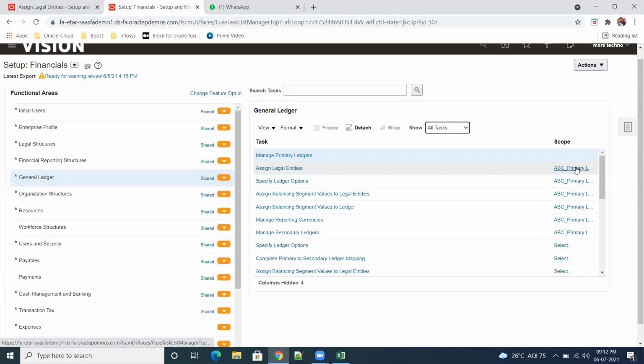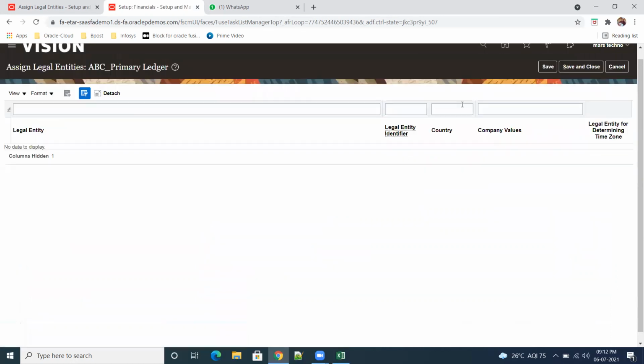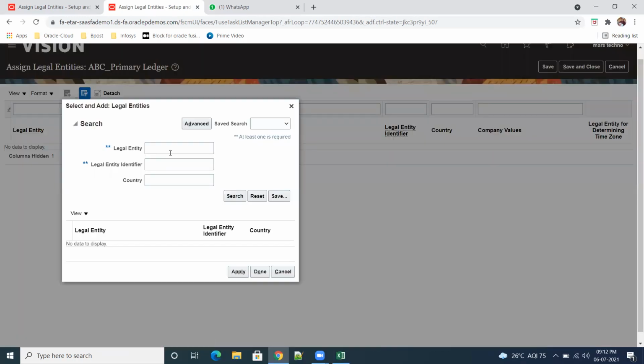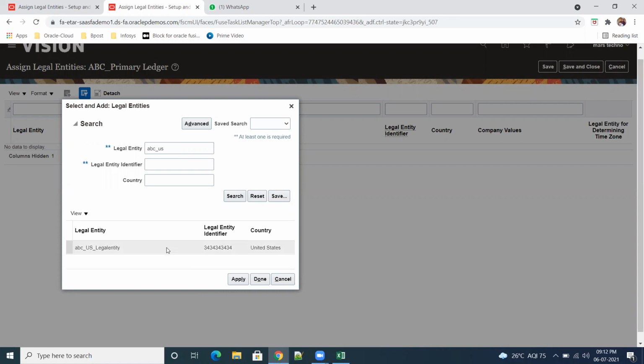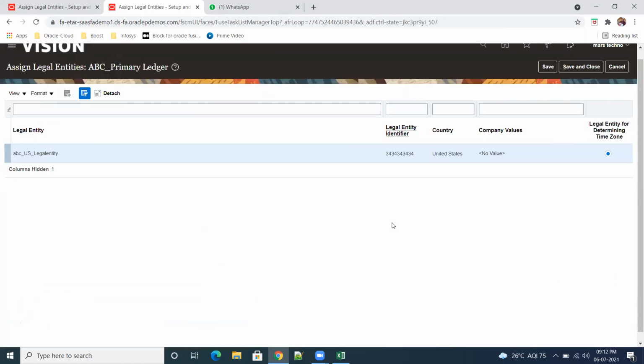The scope is the ledger name, and then click on this. Okay. So now click on plus. Now ABC underscore US. Okay. Click on search. Now it's coming. Apply and done. Now we added our legal entity with the ledger.